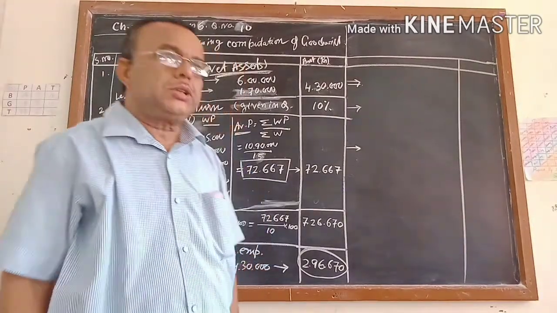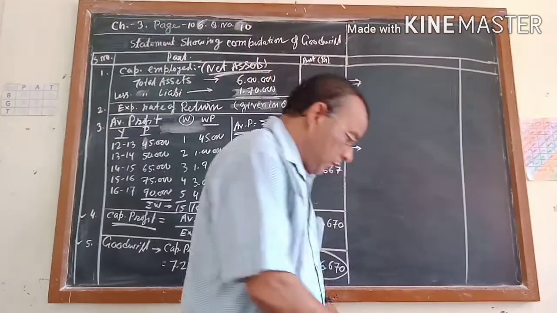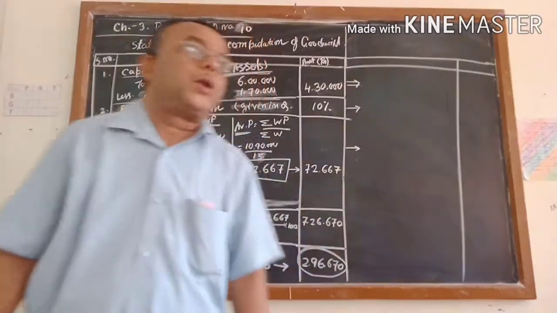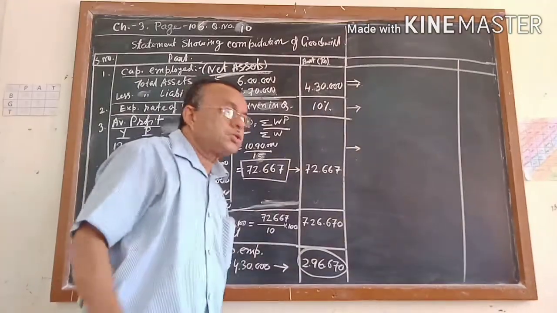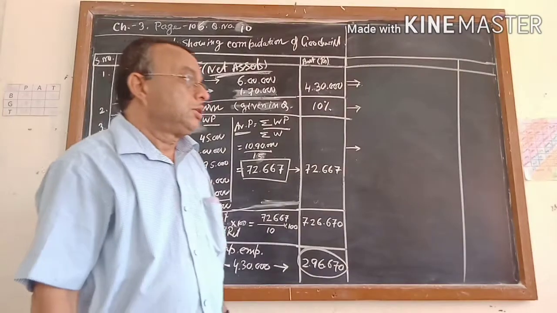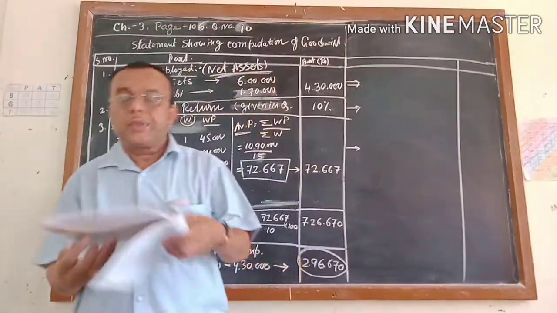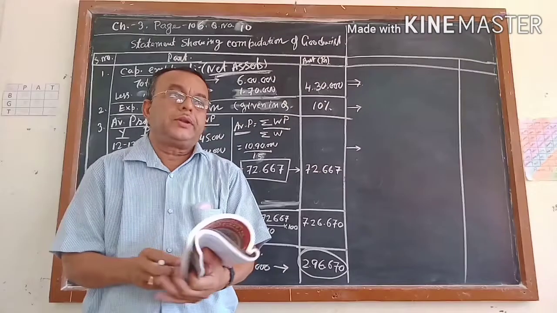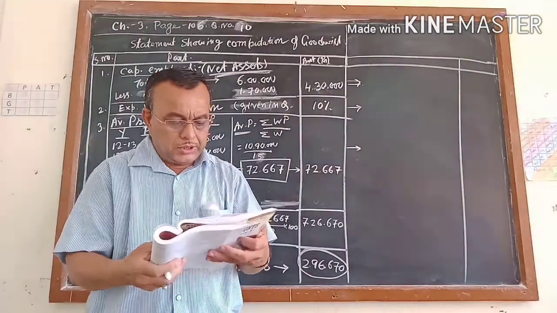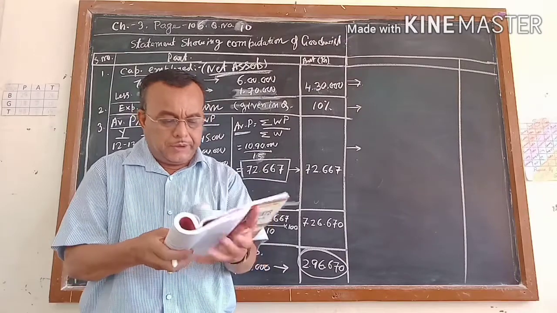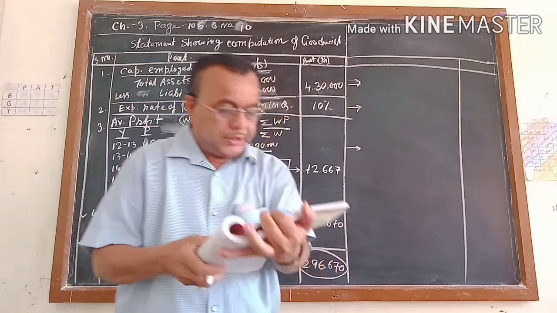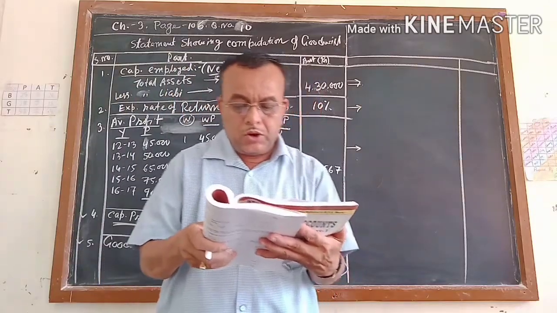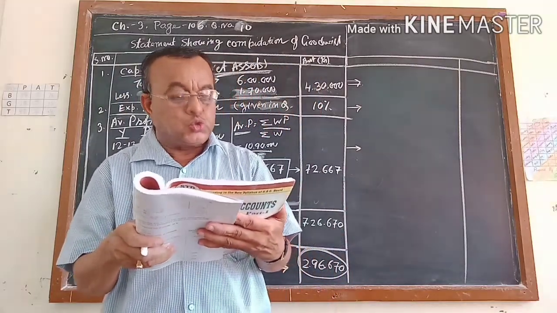So now you understand all four methods I have completed, but there is one more type of formula which is not given as a method. That type of question may come. That is given in the next question, question number 11, which I also want to explain. Question number 11: determine the value of the goodwill of the firm on the basis of the capitalized super profit method.